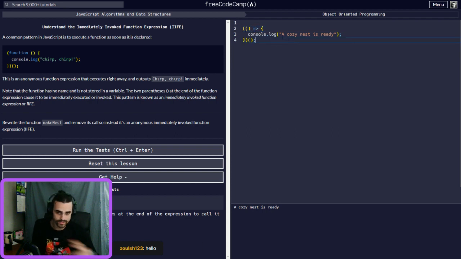You're not going to call this anywhere else. It's not going to be called anywhere else, so we're just doing an arrow function, and that's how you can do it without having to use the function keyword. Remember, this is, I believe, ES6 or ES5?